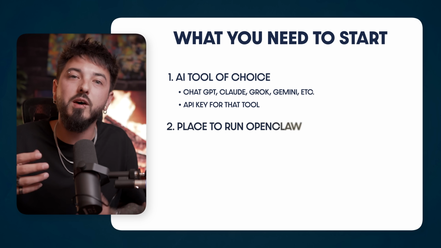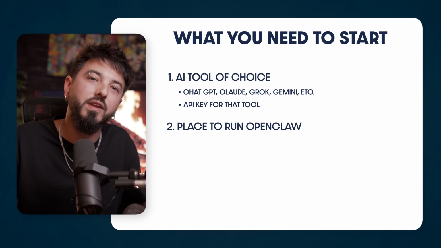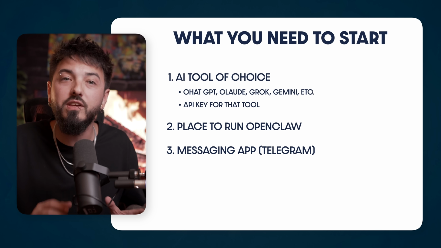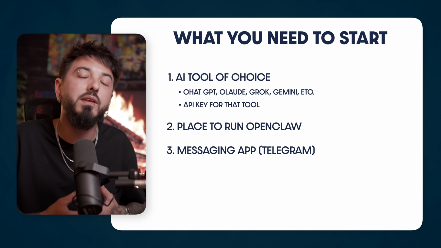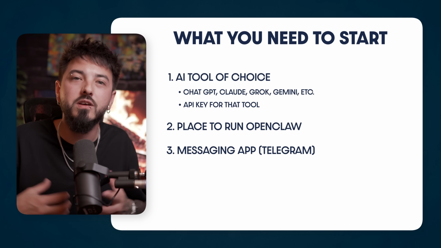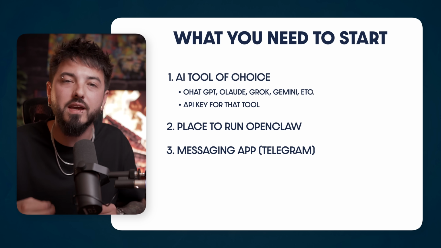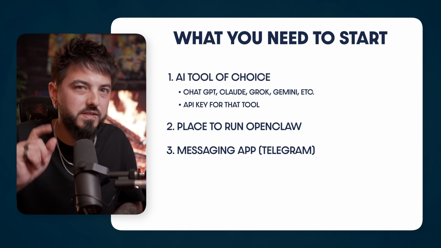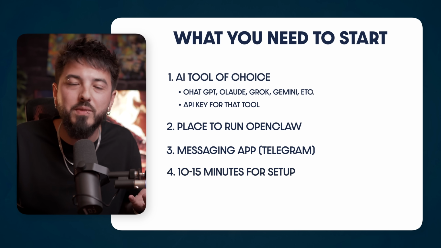The second thing you need is a place to run it, which I'm going to show you here in the next step. The third thing you need is Telegram. And this is a messaging app that's free to use. And this is how we actually text and communicate with OpenClaw so that we can constantly be in contact and have messages back and forth just like a simple text message stream. More on that in just a second. And the last thing you need is about 10 to 15 minutes to get this set up. And that's it. So assuming you already have your AI tool of choice, let's move on to that second thing,